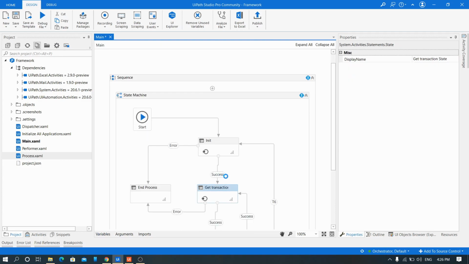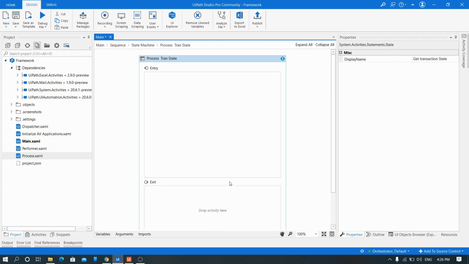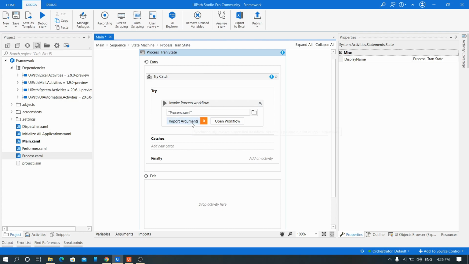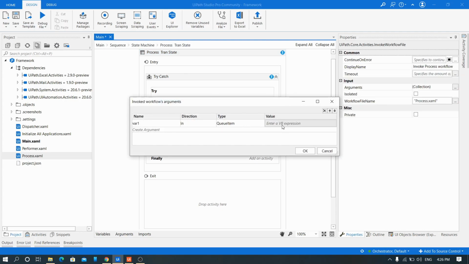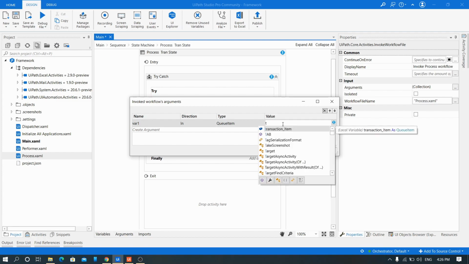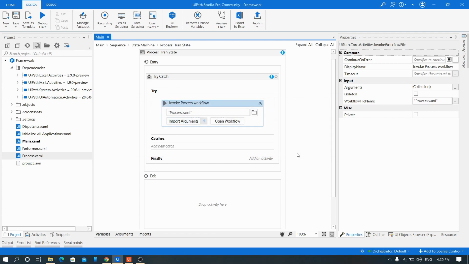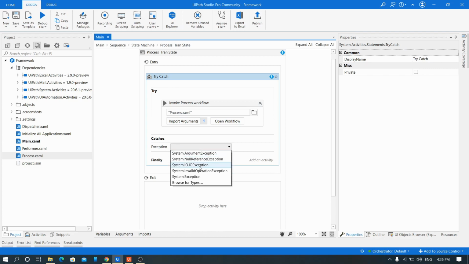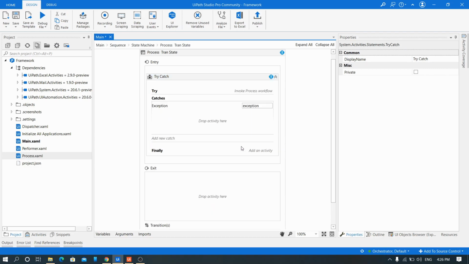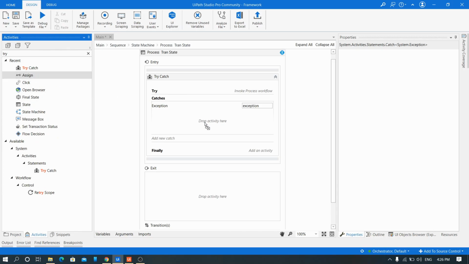Go to main, again scroll down, process transaction, import arguments, and here we will have transaction item. Done. Again new catch, assign.